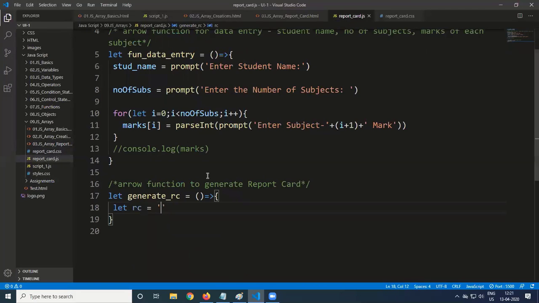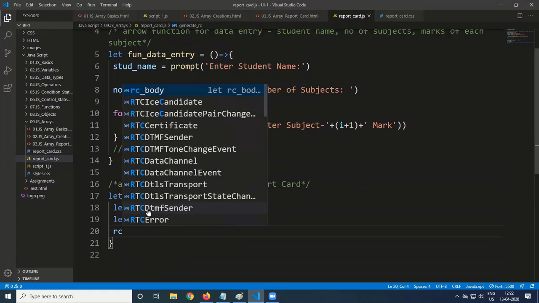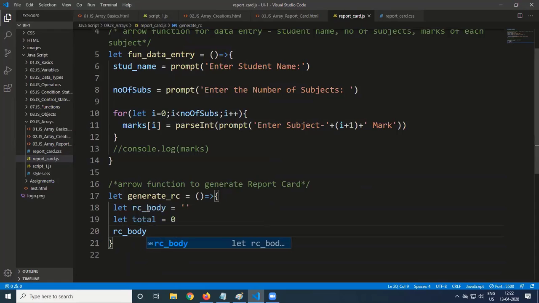So coming to this JavaScript, what I do is RC body is equal to nothing. Let total is equal to 0. Let us take each subject mark. So RC underscore body is equal to a table row.